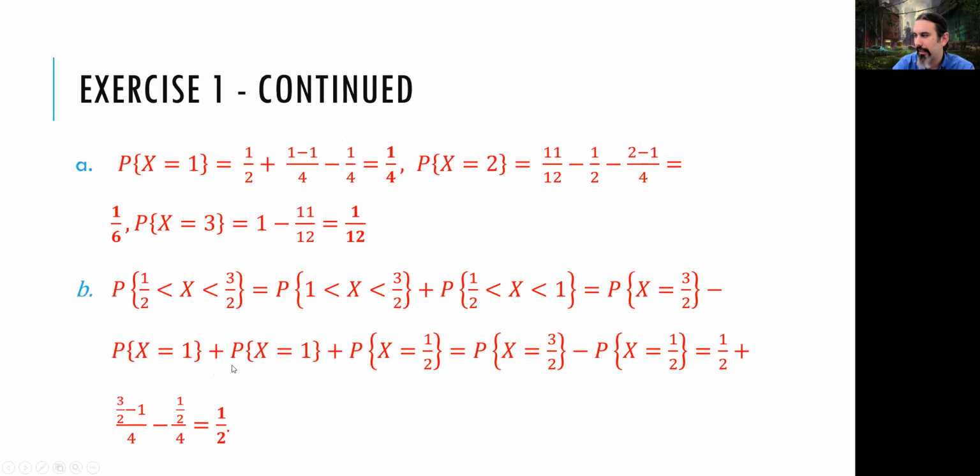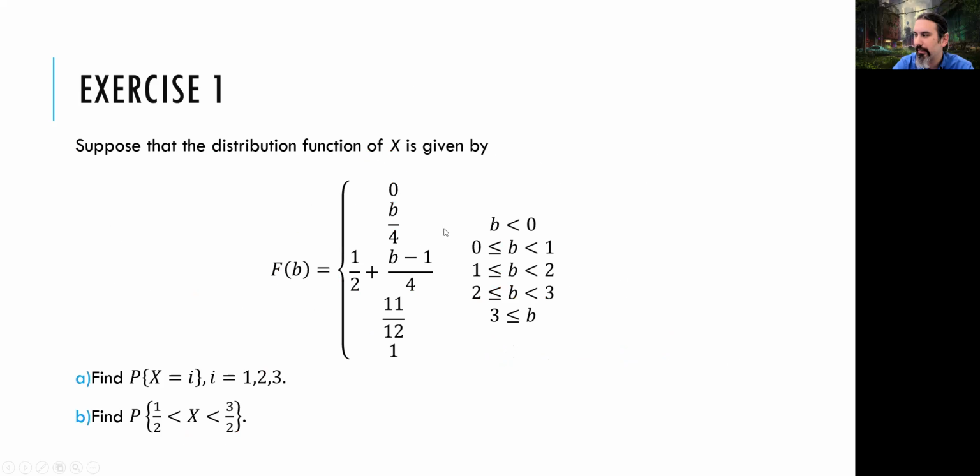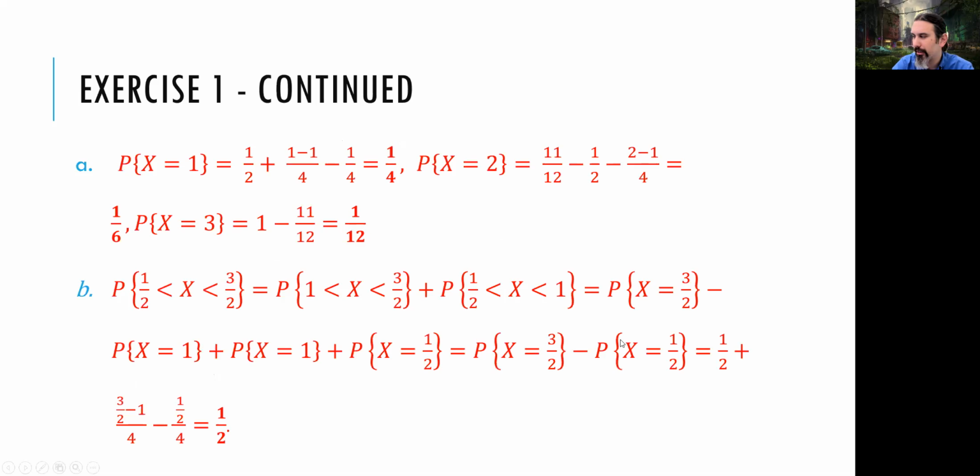The mistake in this slide is these values should have been less than or equal to, not equal to, but less than or equal to. Because we are trying to find the F value exactly. Because these values are 0. These two values are actually 0. When you're looking for x is equal to 3 over 2, it's 0. It doesn't have any discontinuity there. As there's no discontinuity, there's no jump, so there's no probability. There's only probability when there's a jump in that point probability. We are talking about point probability. So there's no jump there. So these values are actually 0. This is a mistake. It should have been less than. Okay.